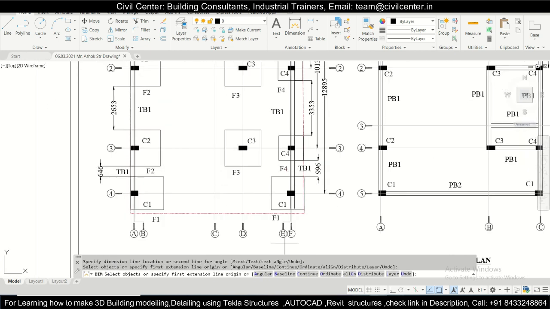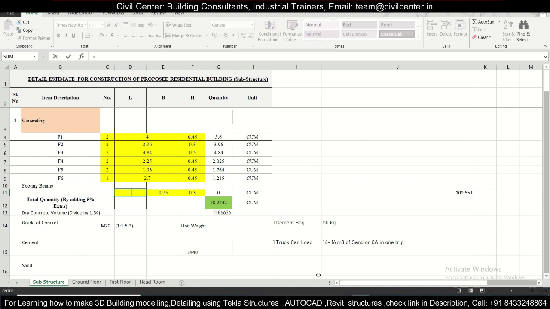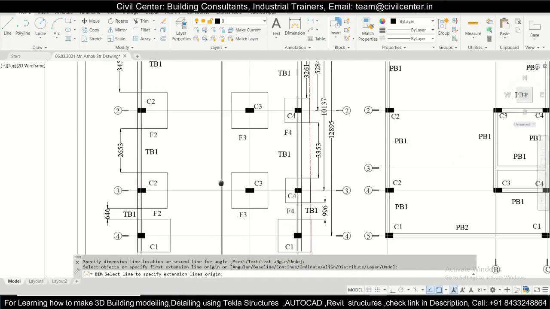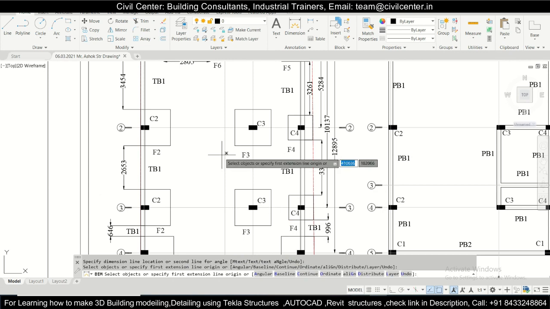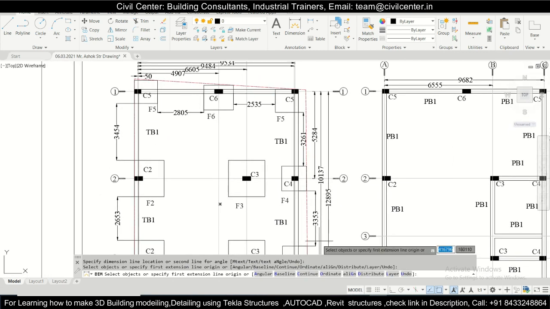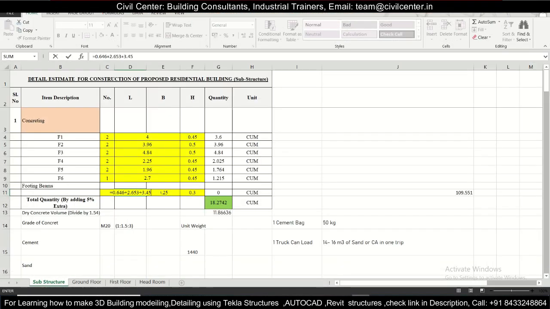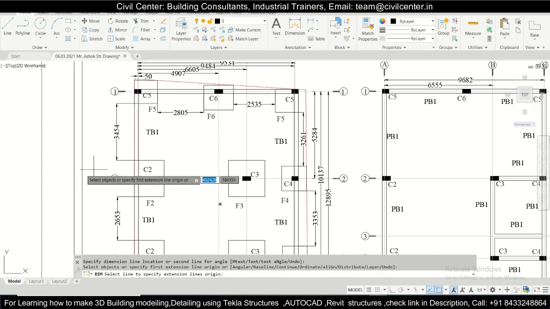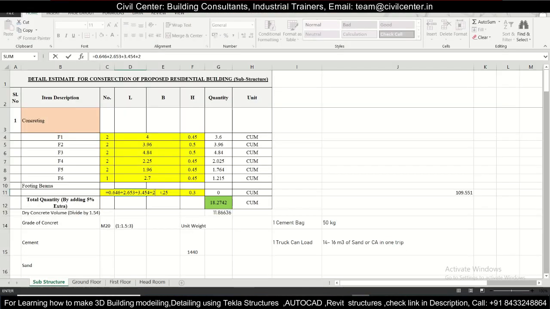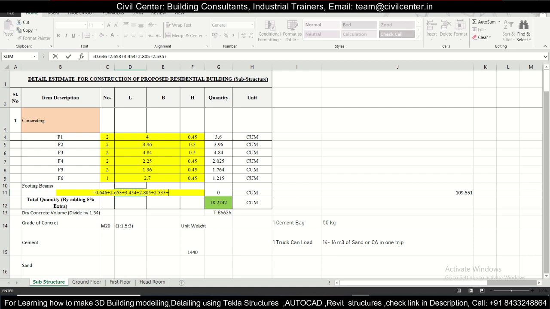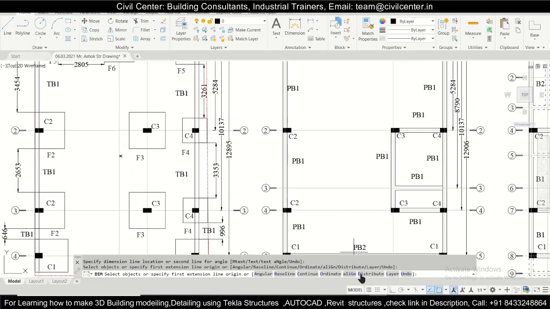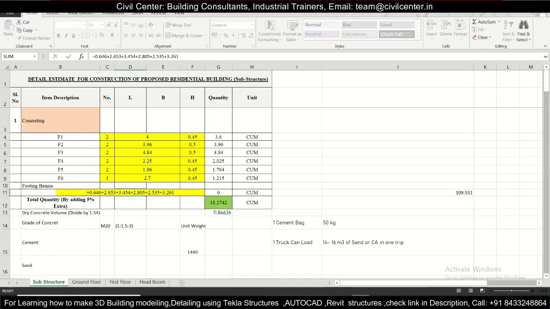So now we can add them to get the value of the lengths. So simple it is: 0.646 plus 2.653, plus 3.454, plus the next one, 2.805, plus 2.535, plus 3.261, plus, okay, we'll just continue this, 3.261 plus